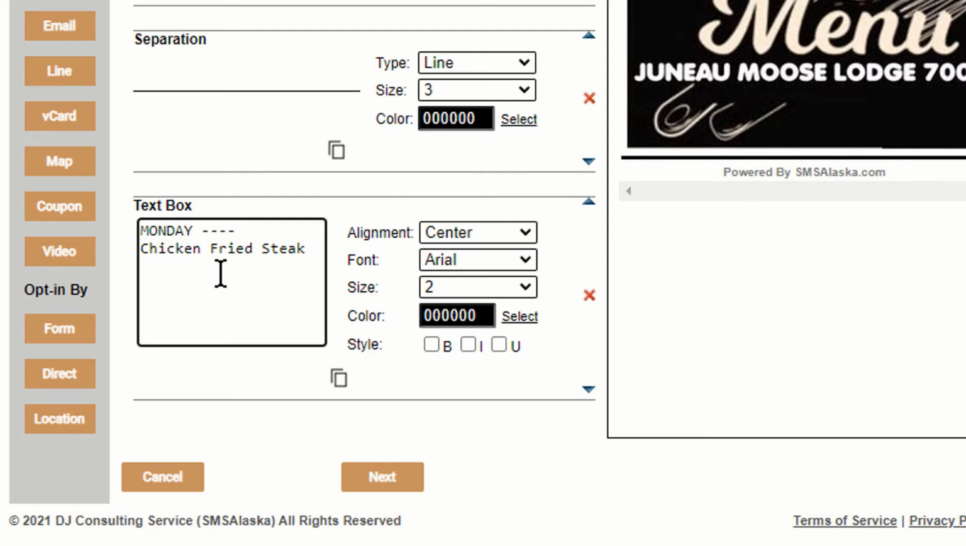And the meal choices I'm choosing here are just random. It doesn't reflect the Moose Lodge or anybody else. Okay, so don't